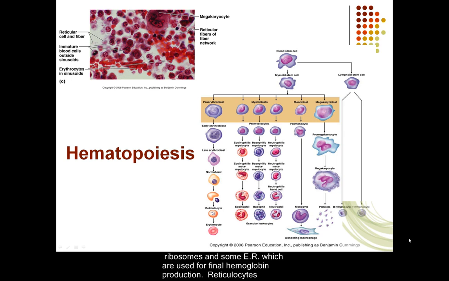The reticulocyte has lost all organelles except some ribosomes and some endoplasmic reticulum, which are used for final hemoglobin production. Reticulocytes are released into the bloodstream and take about a day to mature into erythrocytes. This whole process takes about 5 to 7 days to generate a mature red blood cell, starting with the myeloid